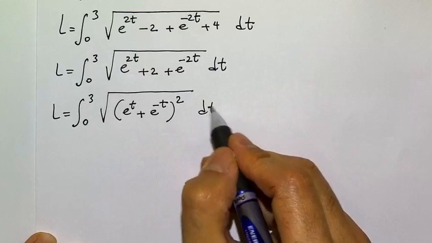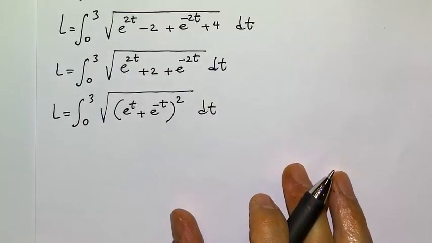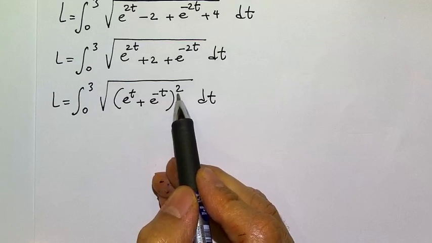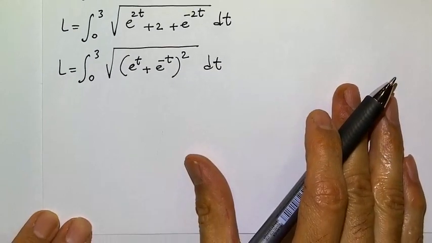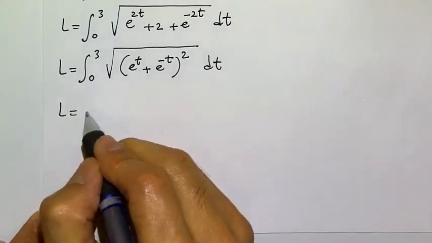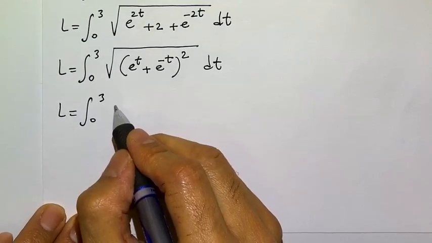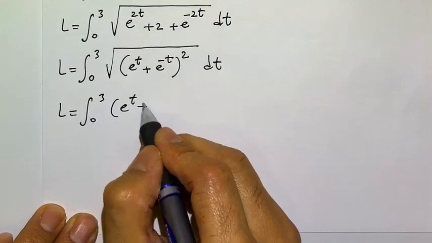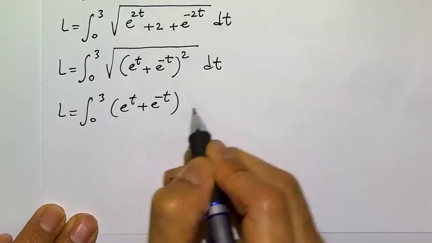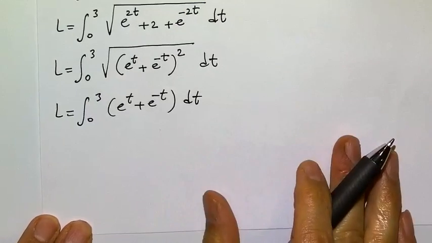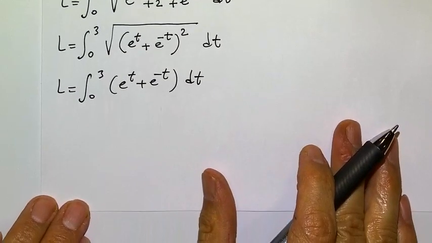And then, of course, dt. Of course, the square root and this power on the inside cancel each other out. So we have the integral from 0 to 3 of just e to the t plus e to the minus t dt. These two terms have very easy integration,